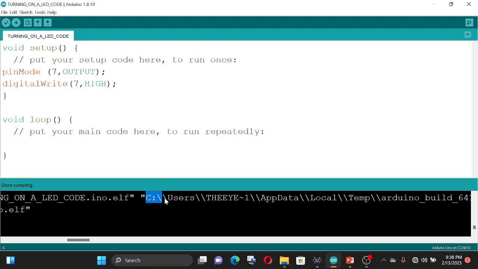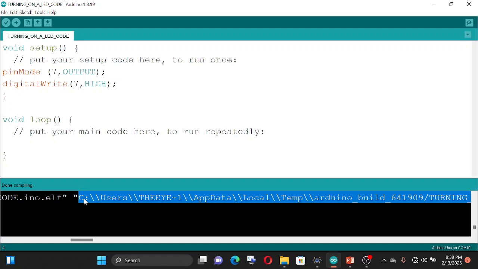We are going to copy this and paste it in the microcontroller. Take note that you copy from C without the quotes.